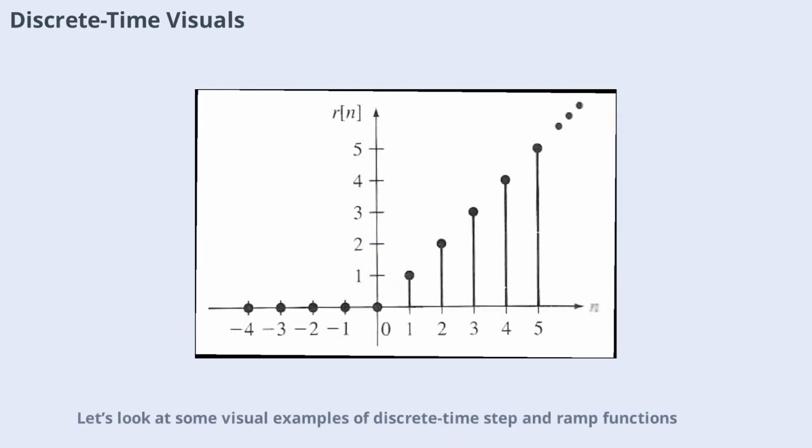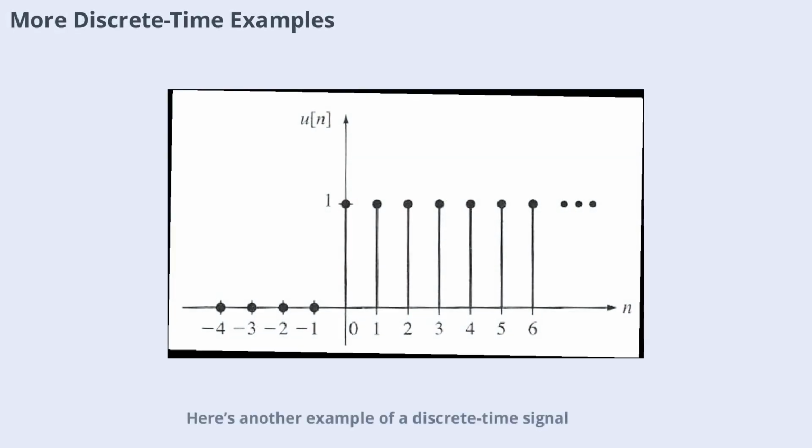Let's look at some visual examples of discrete time step and ramp functions. These plots show how the signals evolve over time, with each step or ramp corresponding to a specific sample. Visualizing these functions helps you understand how digital systems interpret and process signals. Here's another example of a discrete time signal, showing how a sequence of pulses can be combined to form more complex shapes. These examples illustrate the flexibility and power of digital signal processing, allowing engineers to create and manipulate signals